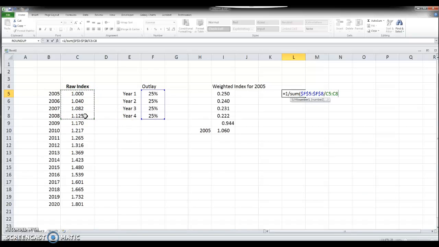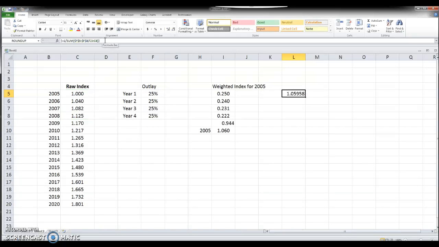Do not lock those cells, such that when we drag the formula down, the raw index range will also shift down so that you're using the correct values for the correct weights. And parentheses, and we can use